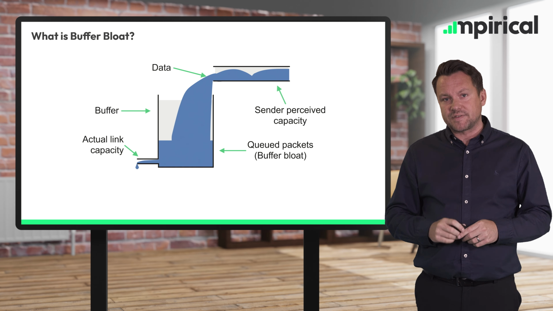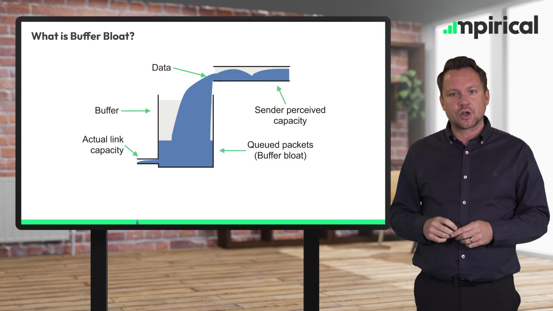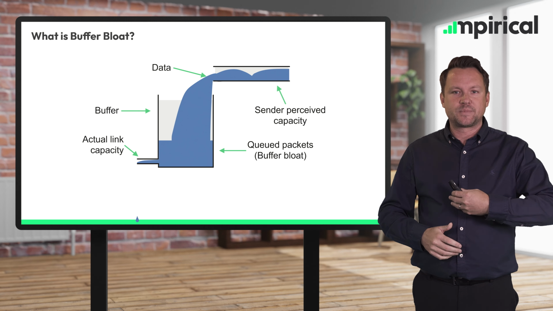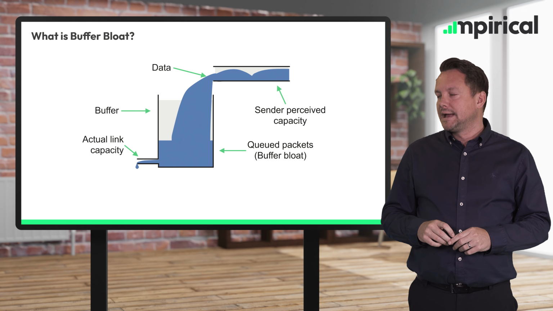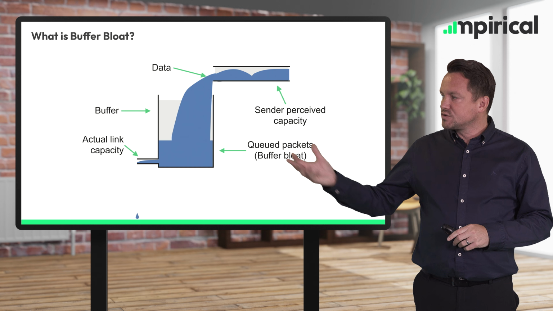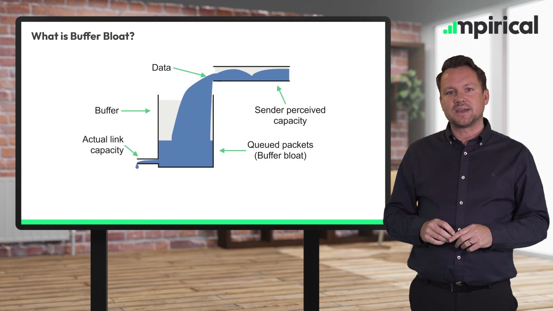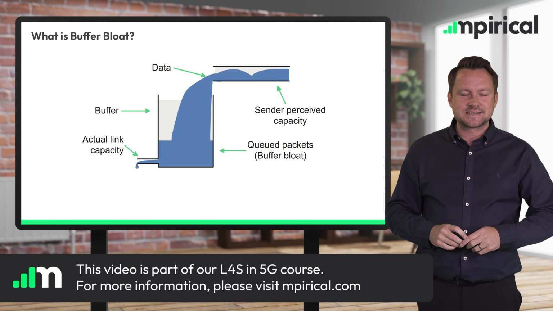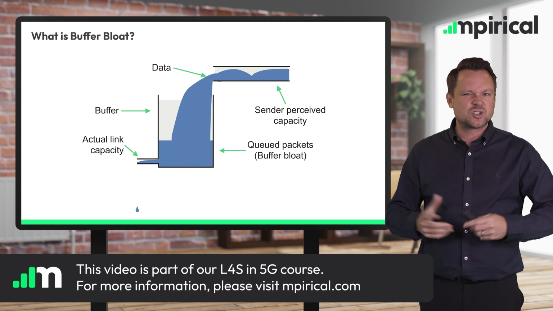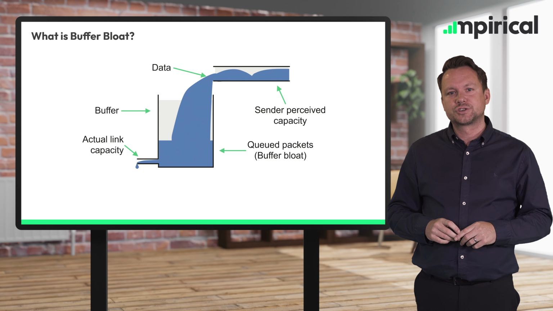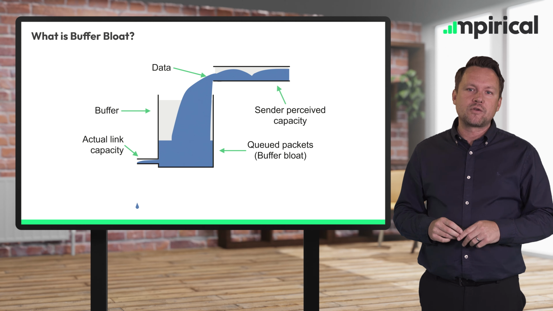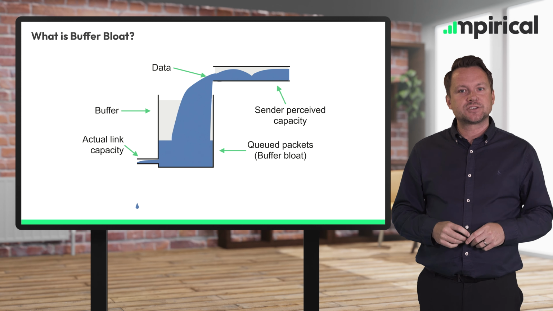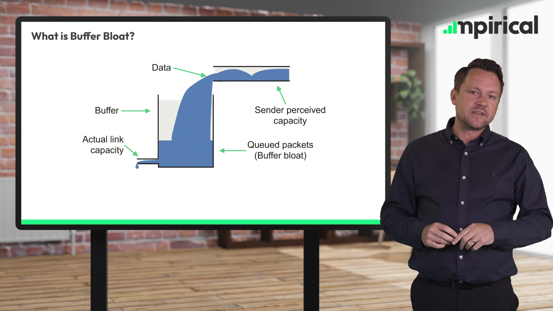So for certain types of traffic, if you're waiting for an email or waiting for a web page or an image to load, this isn't really a big problem. But the problem comes when we've got that real-time traffic, when we're potentially streaming video, for example, is another use case that we might see, where those incoming packets are getting stuck behind queuing packets. And it's a little bit like being in a supermarket. You've gone in, you need some urgent medication, let's say, and you're stuck in the queue behind lots of people who are just doing their weekly shop and not in a particular rush. So with L4S, we can give priority to delay critical traffic, and we can reduce the impact of traditional congestion control, and we can mitigate and eliminate the effects of buffer bloat.